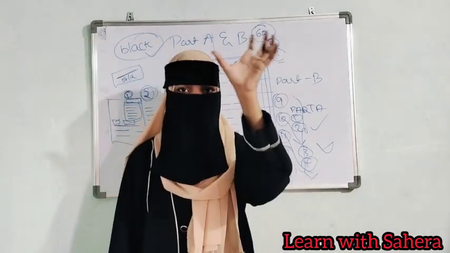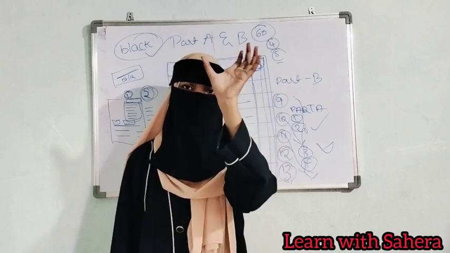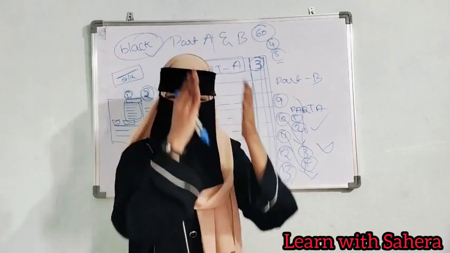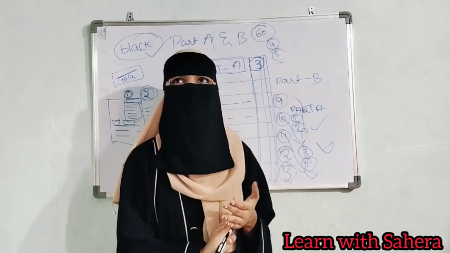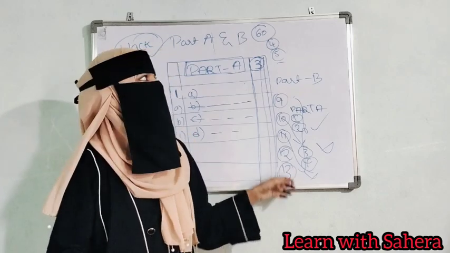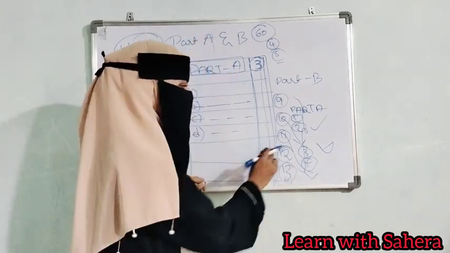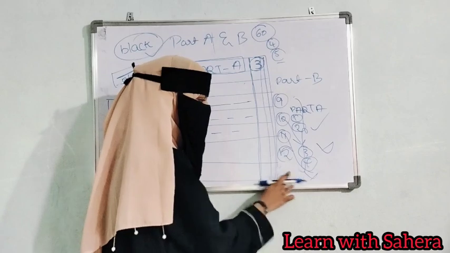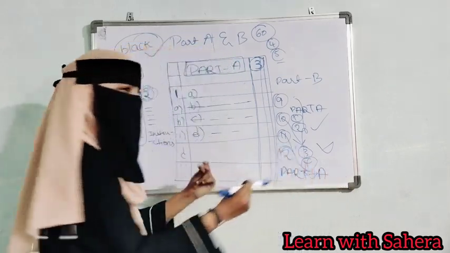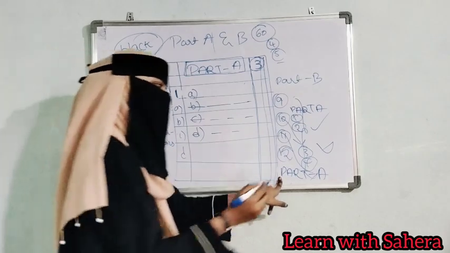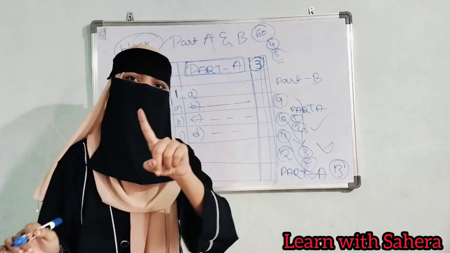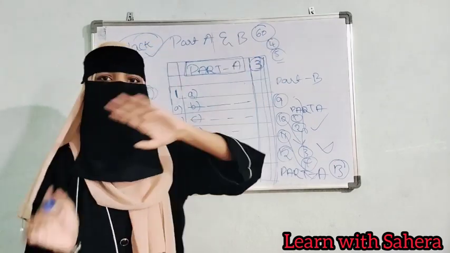Try to complete one part first. If you are completing one part first, then go to the other part. If you are first going with part B, then complete all the answers to that part B. You will say now, ma'am, time is not enough. If we go to part B only, we can't manage the time for part A. Okay. After writing 12th question, leave the 13th question and go to part A. After quickly finishing part A, now you can go to the 13th question. No issues. If you are leaving one answer to write after completing part A, no issues.